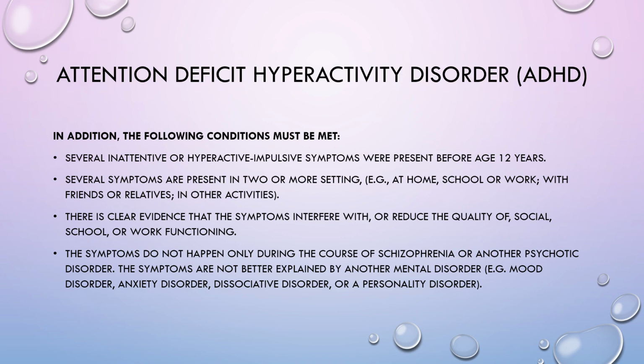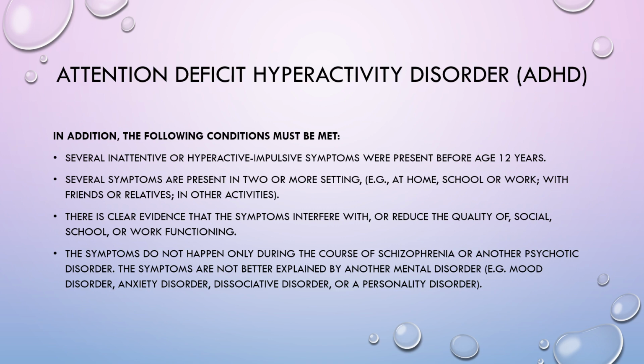Several symptoms are present in 2 or more settings, and this is something to remember when you're diagnosing: don't just go by home. Please ask, how is home and school? If home is all fine and school is great, no behavior marks, you send a scale, which we'll discuss in just a second, and it's completely negative, teachers not having problems, grades are great, not pulling marks, is there some parenting going on? Is there some change at home? Is there sibling rivalry? What is going on for the behaviors or the complaints?